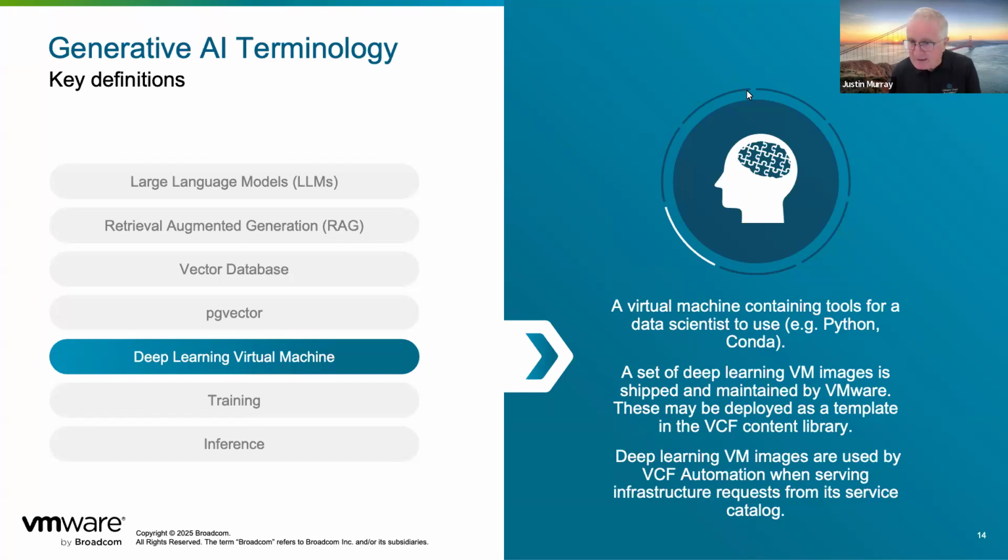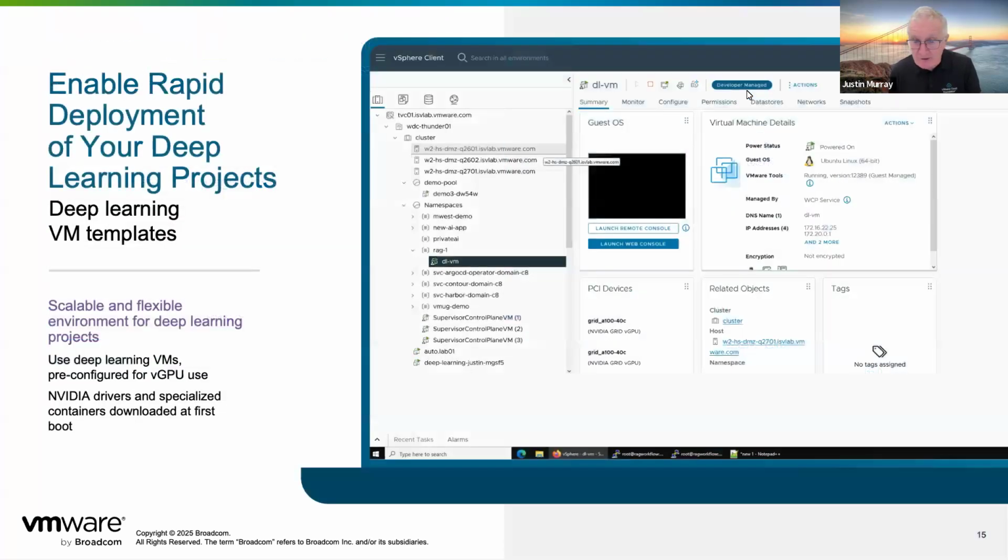Okay, that's the first part. Very familiar. It's a VM. It's running various data science things inside it. And then we configure it with all of the NVIDIA tooling that I mentioned in the green layer at the top, the containers that NVIDIA supplies for real data scientists to do real work, like running a model, for example, and seeing if it works. Training and inference are very general terms. We'll come to those in a second. Here's what a deep learning VM looks like in a very familiar vSphere client.